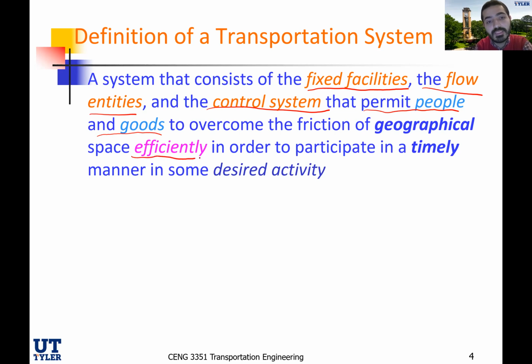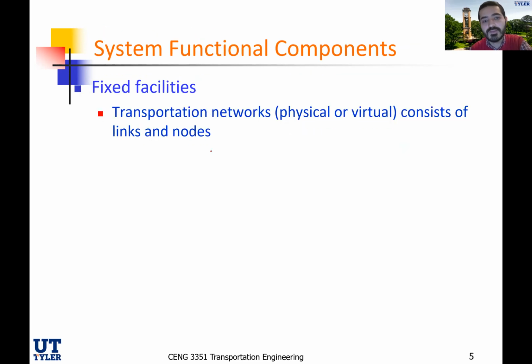Efficiency here is how easy it is to move from point A to point B, as well as in a timely manner. If you are attending a conference, for example, you need to be there at a certain time. That's why, if it's out of state, you're going to take a plane and you have to be there on time. If you are sending a Christmas gift, you want to make sure that there is a system that's going to take this gift or receive it from point A and deliver it to one of your loved ones on time, not after Christmas, for example. So this is, in a nutshell, what the transportation system is all about.